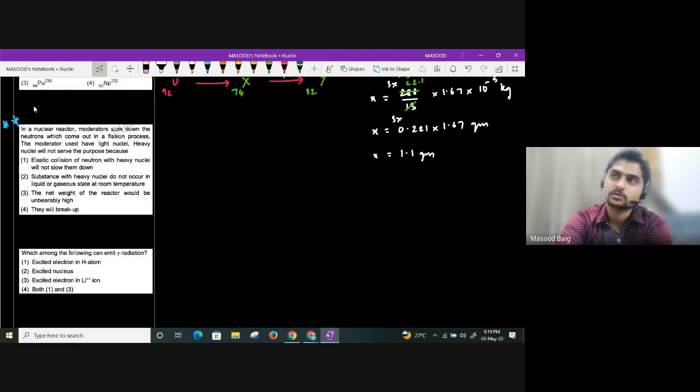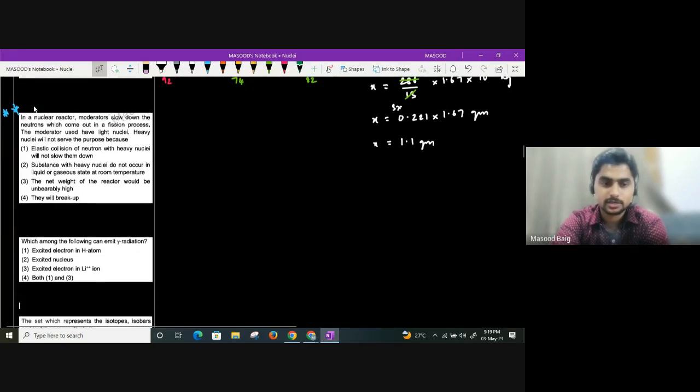Some heavy nuclei you see, liquid or gaseous state, I'm not sure. The net weight of a reactor would be unbearably high. They will break up. I think first option would be probably the correct answer, but anyhow, I'll just cross check